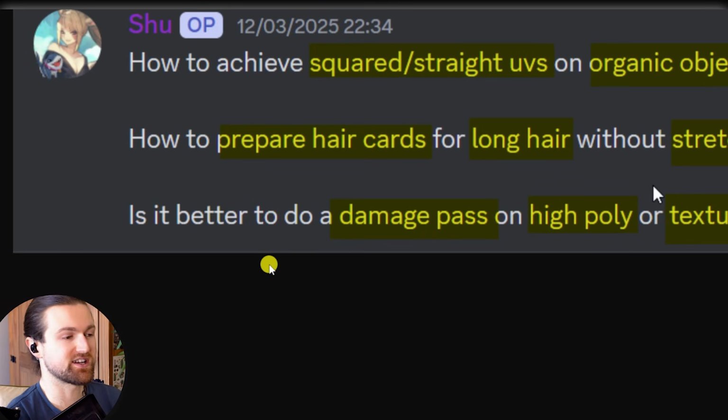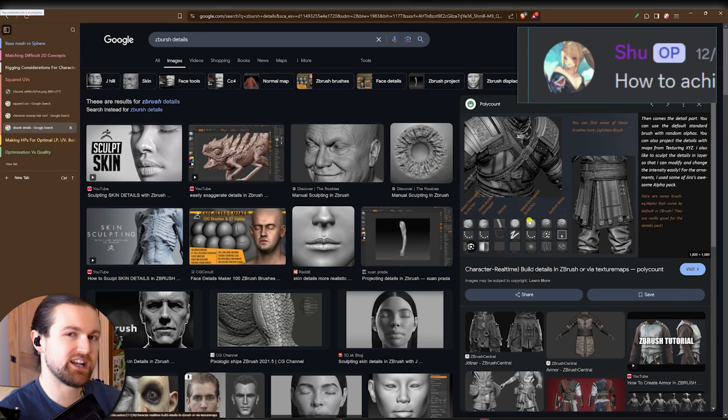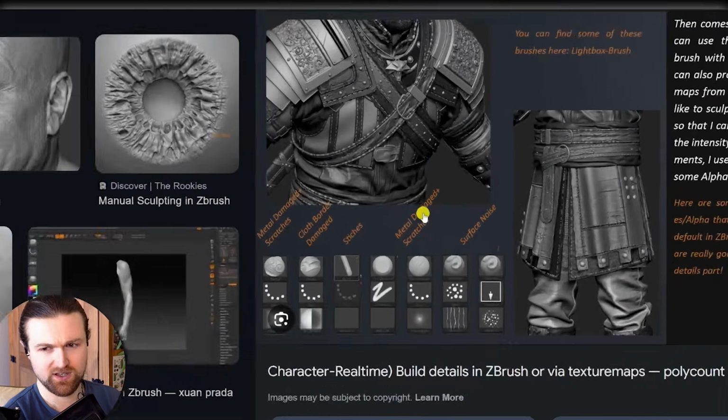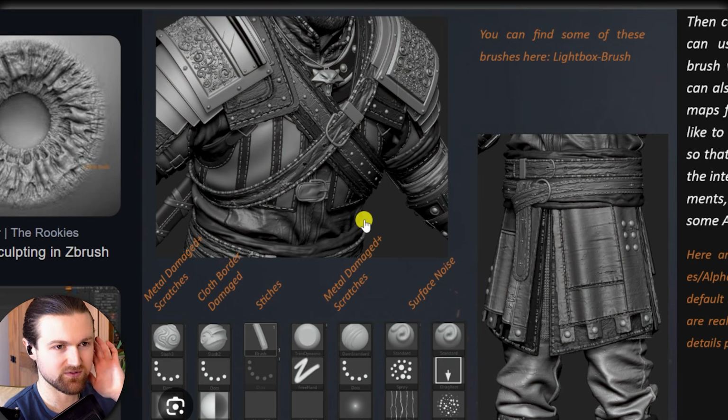Okay, so another part of your question was, how do you better do a damage pass on a high poly, or do you leave it to the textures? This is something you really pick up from experience while baking, but I can describe how I look at it and approach it. So there's a character sculpt that I've found on Google Images here. I think it's on Polycount. And this is quite a good example